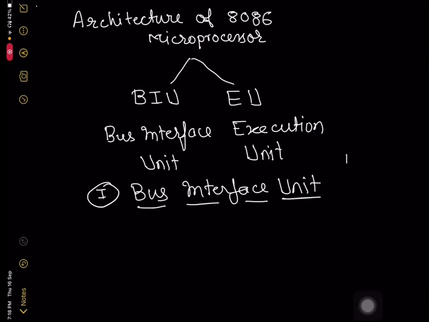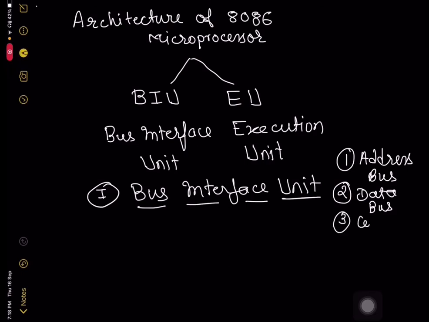And there are three types of bus that are available in the microprocessor. The first bus is address bus, whose job is to transfer the address of devices that are to be used while making the communication. Another bus is data bus. Data bus means the bus by which data is transferred between processor and other devices. And third bus is control bus, which will control or decide what operation to be carried out between the devices and microprocessor. So three types of buses are there.